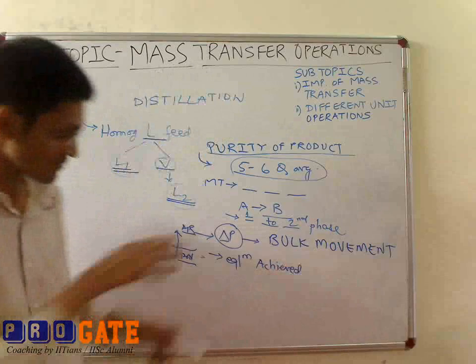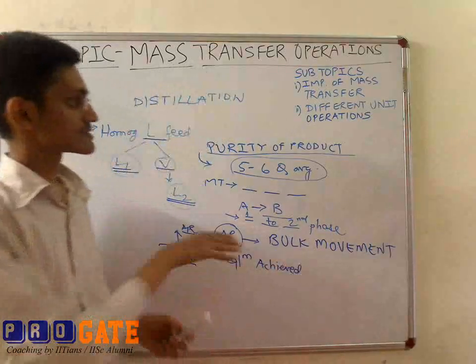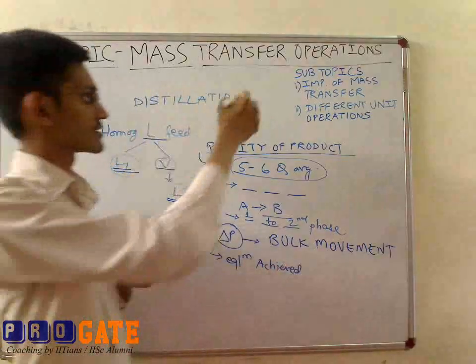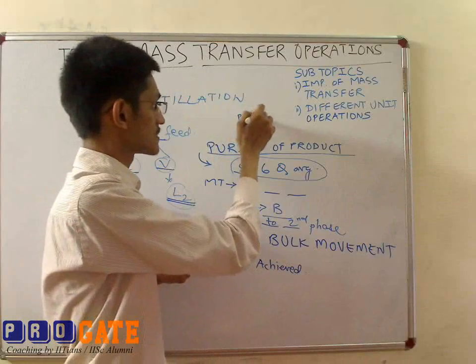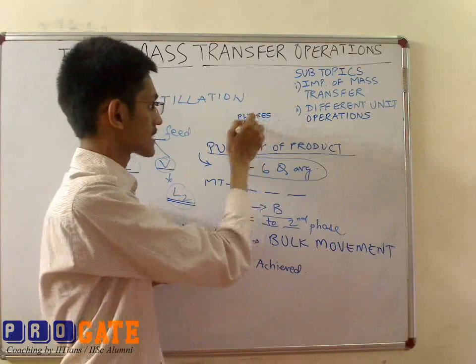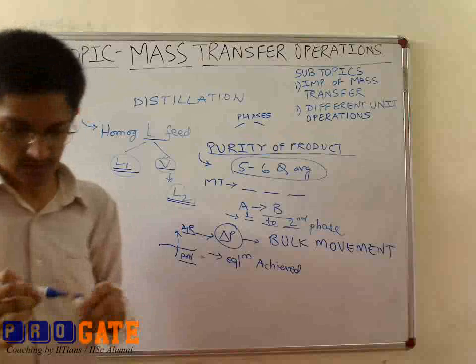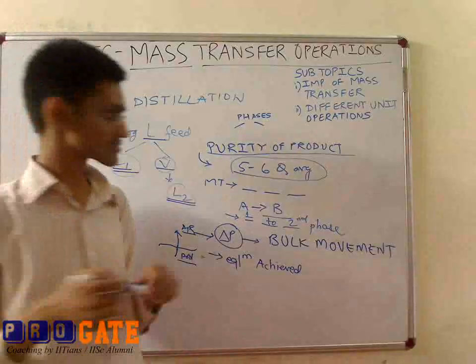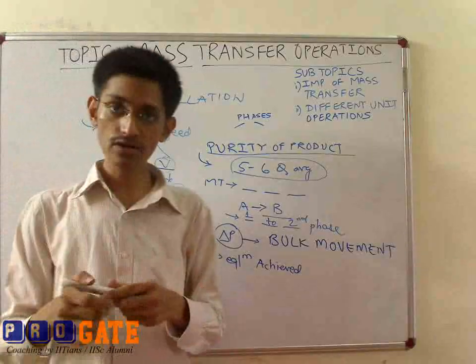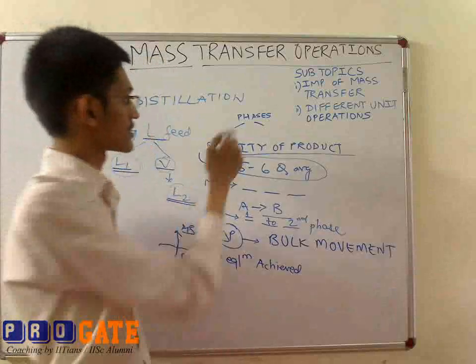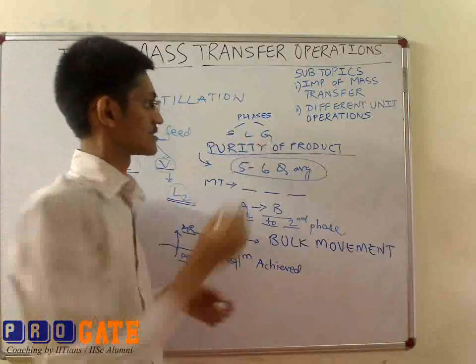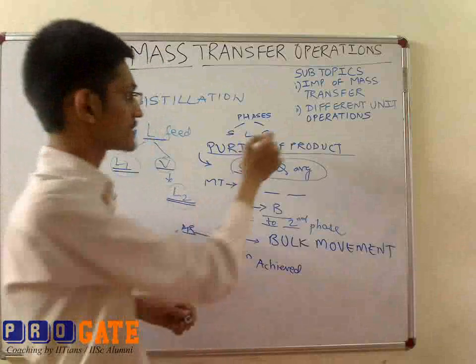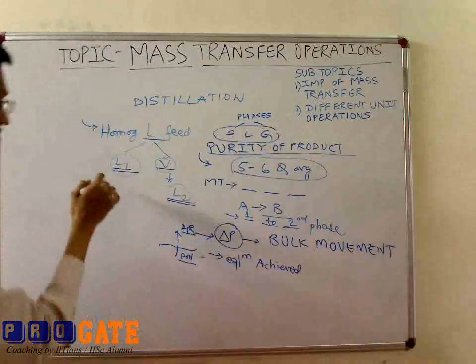So let's see how the different phases involved characterize different unit operations. We have three states of matter, that is solid, liquid and gas. Depending on the contact between the two phases, we may be having